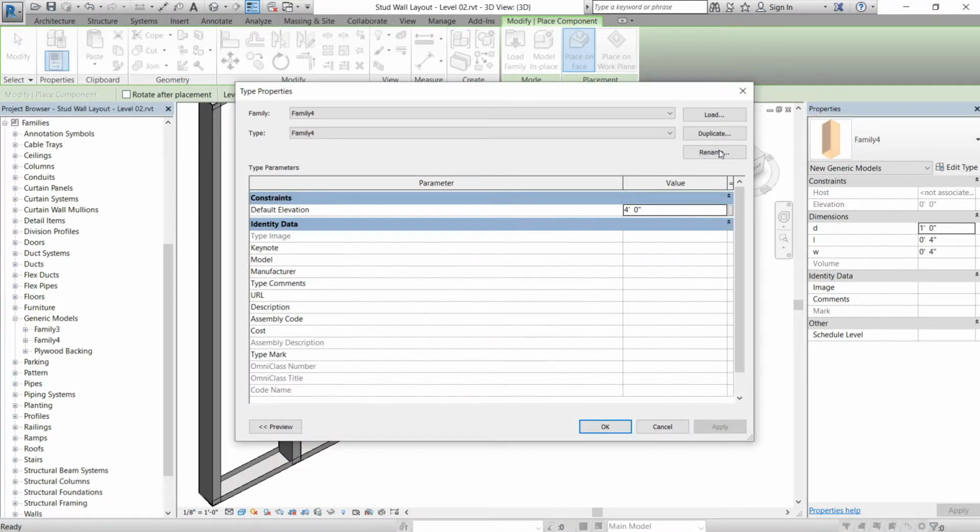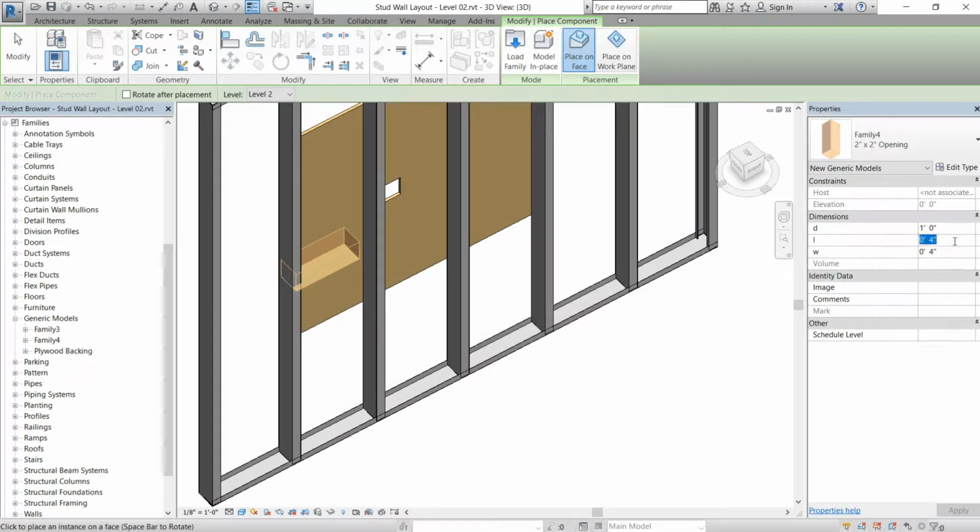So we'll go edit type, we'll duplicate, that's fine, and we'll make a type and we'll call it 2 inch by 2 inch opening. Okay, and then we'll just go here and make it 2 inches. So you can do these as instance parameters if you want, or as type parameters. It really doesn't matter. Then hit apply,